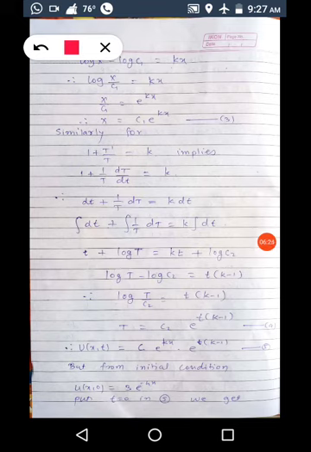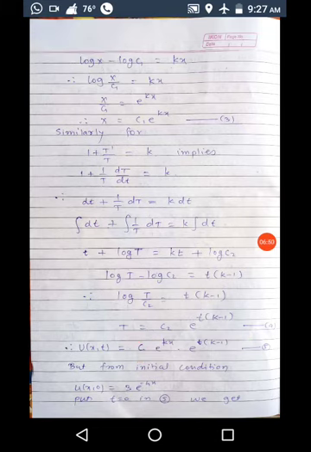Now put the values of X and T in equation number 2. We have u(x, t) equal to c1 c2, which we name as a new constant c, the constant of integration, into e raised to kx into e raised to t into (k minus 1). Name it as equation number 5.